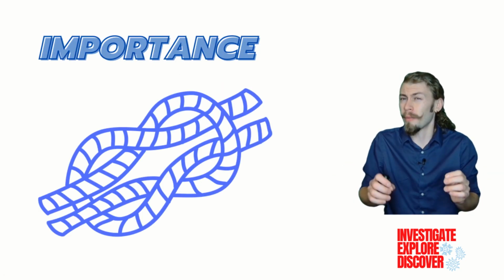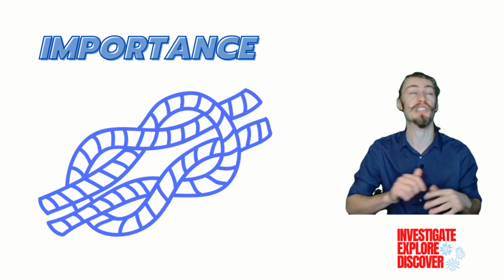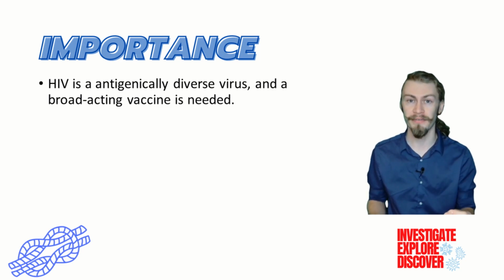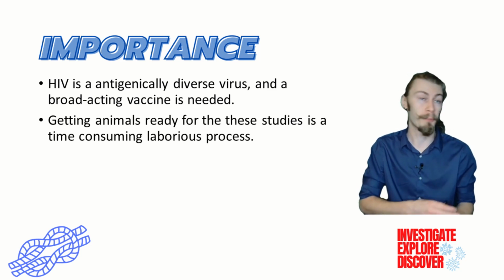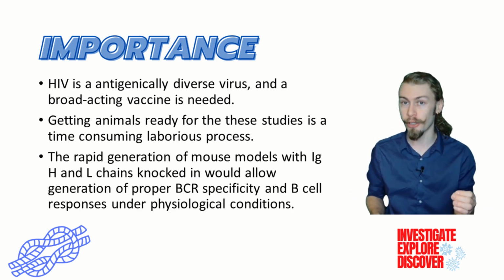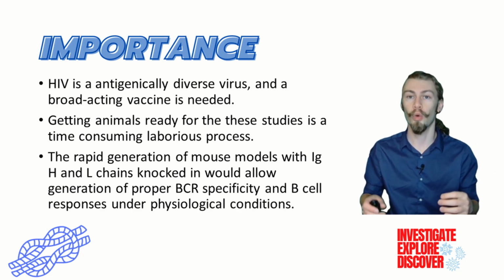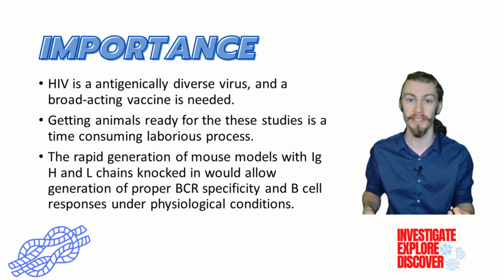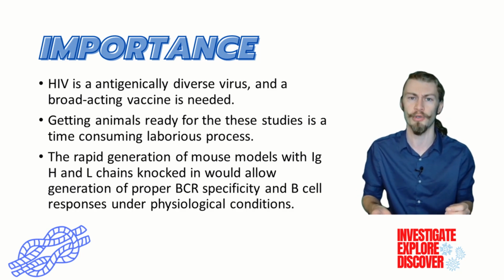Now, I want to take a moment and really highlight why advancing models to enable easier research is so important. HIV is an antigenically diverse virus, and a broad-acting vaccine is needed. Getting animals ready for these studies is an important but time-consuming, laborious process. Thus, the rapid generation of mouse models with immunoglobulin heavy and light chains knocked in would allow generation of proper B-cell receptor specificity and B-cell responses under physiological conditions, giving us the ability to further investigate these treatments before giving